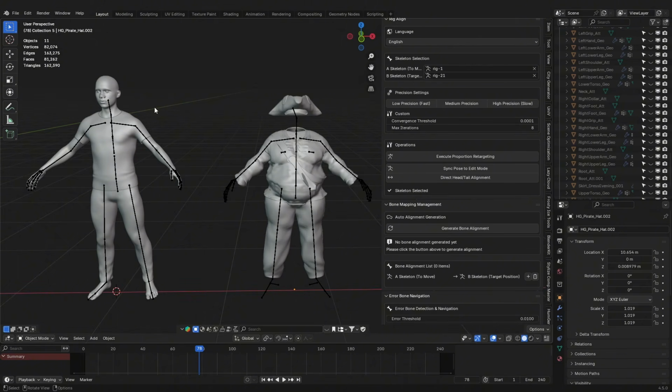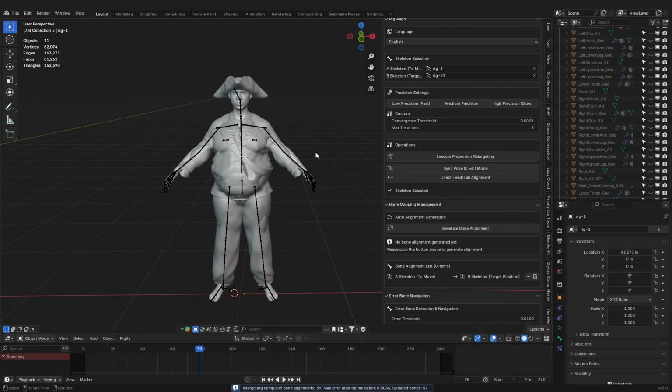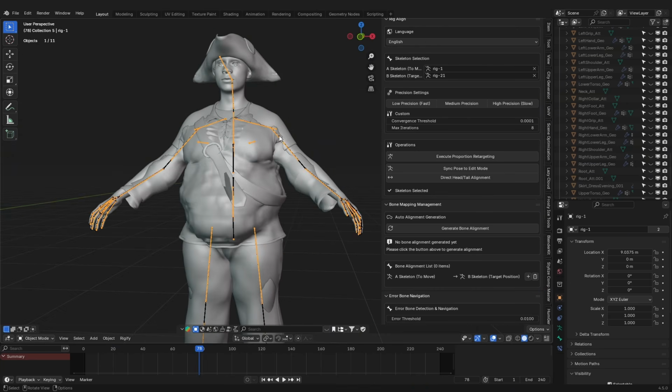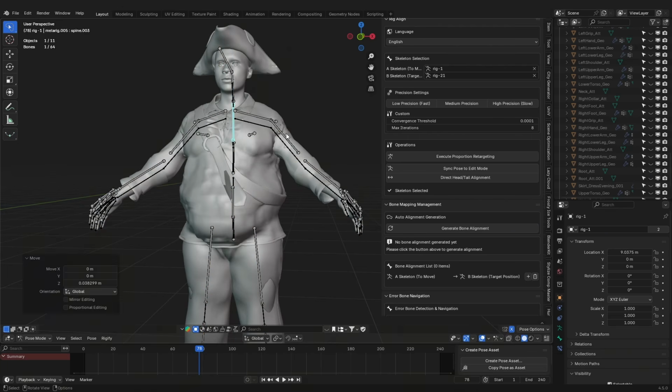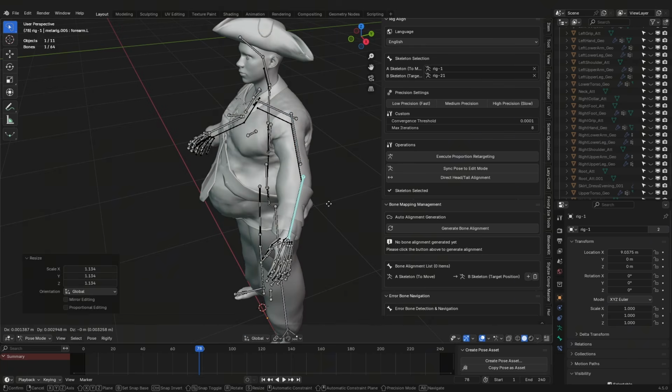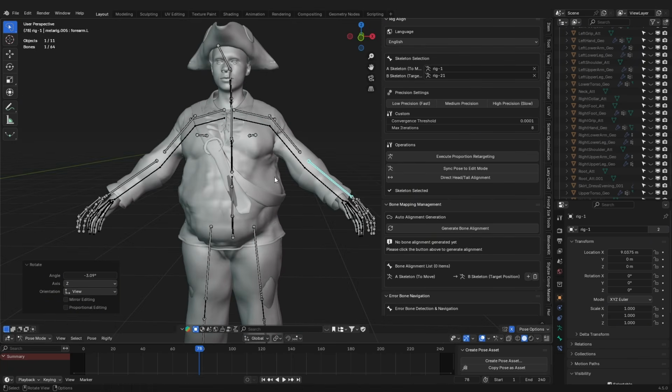After selecting the source and target rigs, set the detection accuracy and click. Let the add-on automatically align the rigs roughly. If you're not satisfied with the model's changes, you can adjust the poses of the bones at this stage, moving the mesh to your desired position, then click the button to synchronize the pose and edit mode position and save